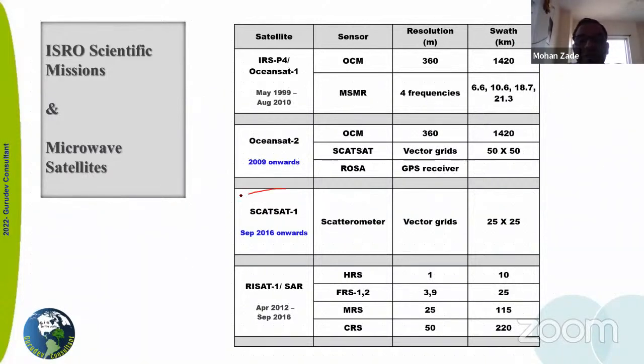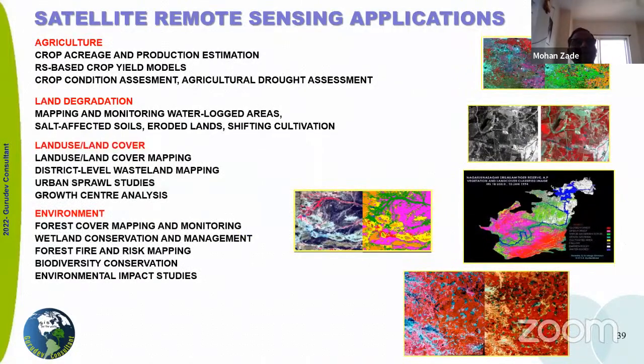Then scatterometer, this is for the ocean. These are the Indian remote sensing satellites for natural resource management, and so on. Their applications are numerous. It can be applied in agriculture for crop acreage and production, remote-sensing-based crop yield estimation, as well as crop condition assessment, drought assessment, and land degradation. It is used for affected soils, land use and land cover classification, urban growth, urban sprawl, and for different environmental purposes like forest cover mapping, green cover mapping, forest fire, biodiversity, and environmental impact